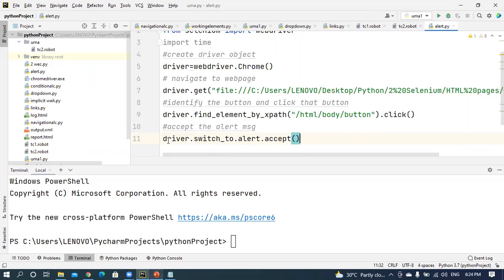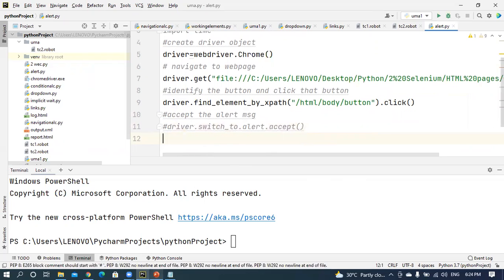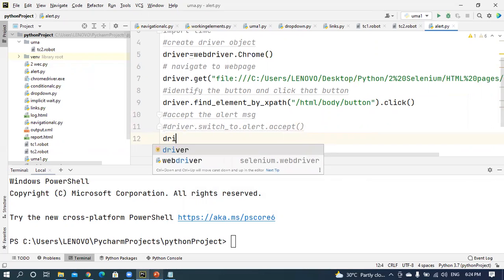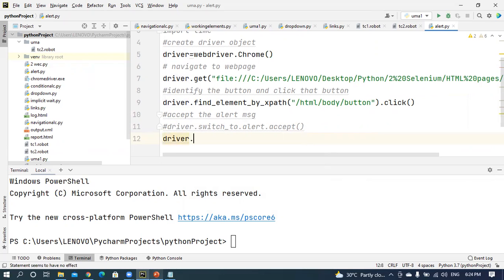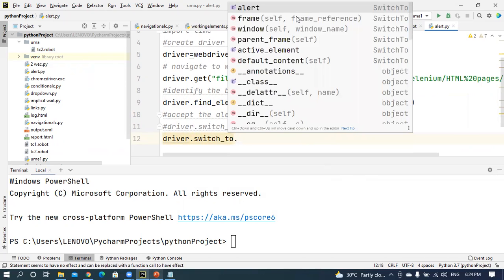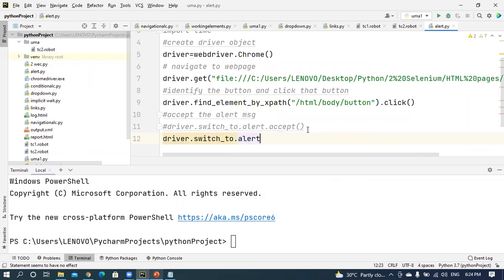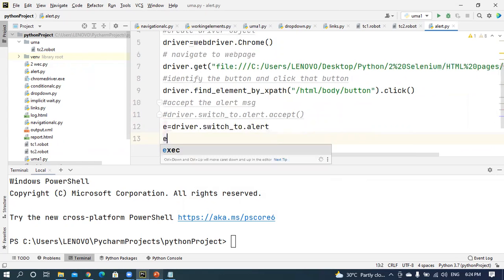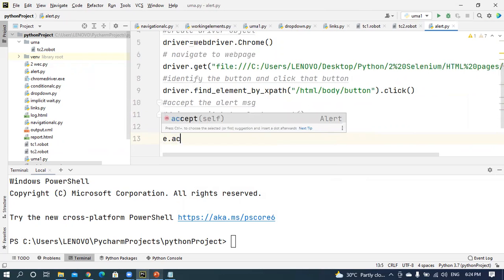Otherwise, if you don't have some idea, you can do the operation like this: driver.switch_to.alert, and you pass it to a variable. For example, e is a variable, so with that e you can accept, e.accept.